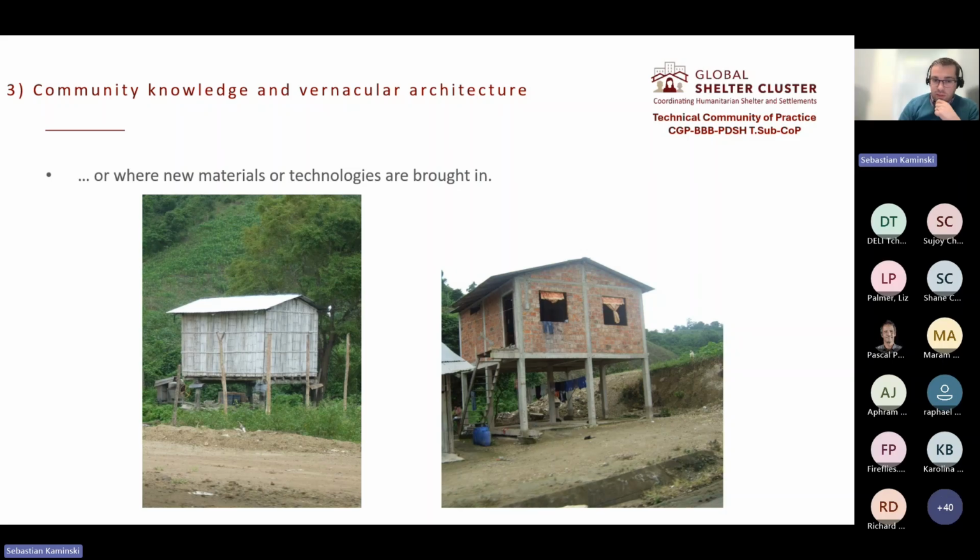Then reinforced concrete and masonry come along. They've now adapted that building using modern materials, but unfortunately, while they've created something that works well from a flooding perspective, they're probably not aware that from a seismic perspective the risk to life of this particular structure is significantly higher. So that's again where new materials or technologies are brought in. They can inadvertently increase the vulnerability of communities unless they properly understand the implications of those materials.